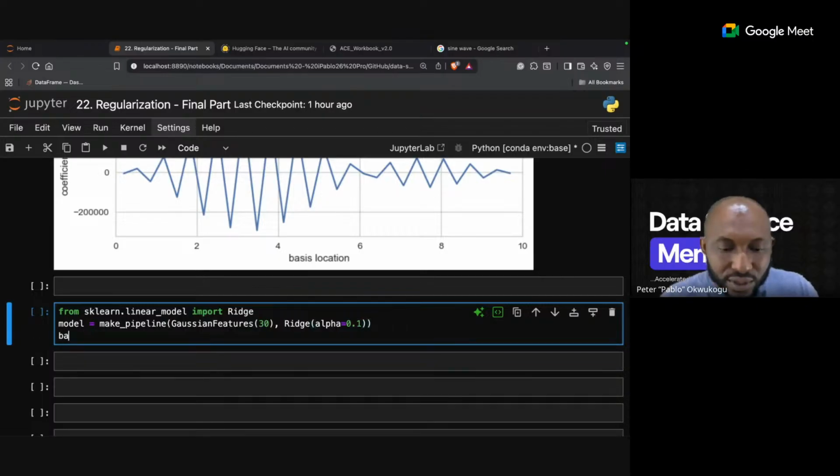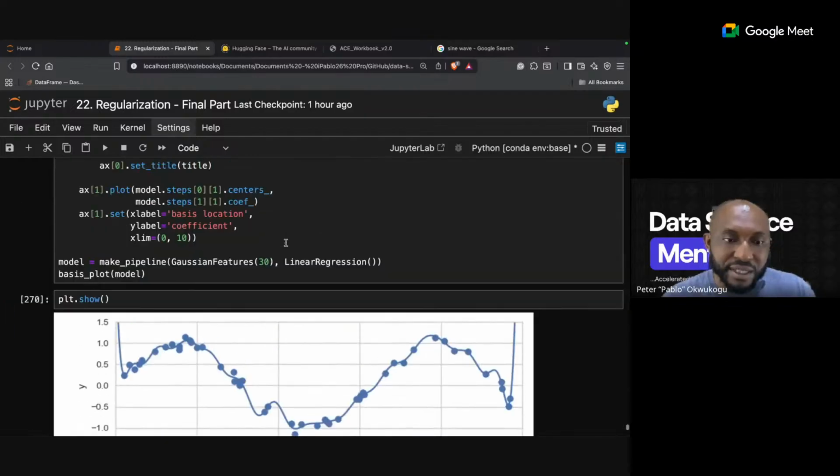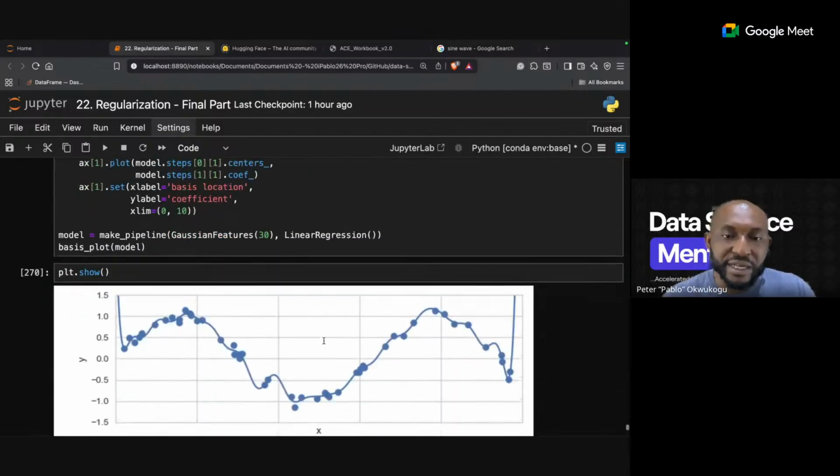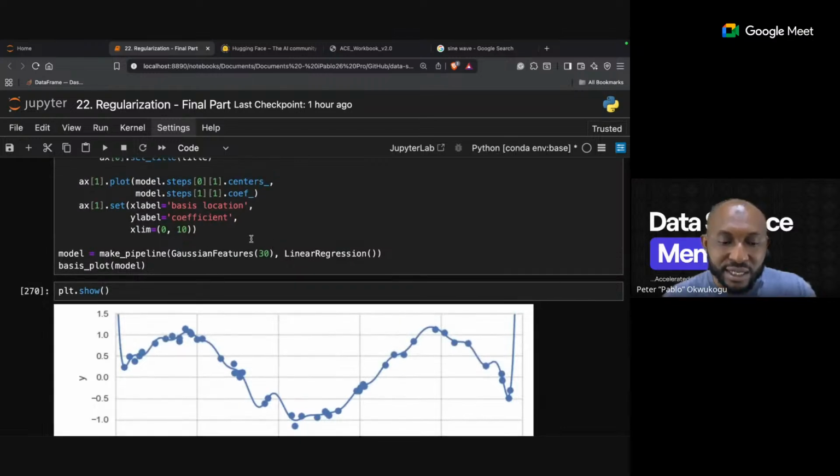I'll just say 0.1, and I'll cover this. Then I will call on the same basis plot I created. I'll call on this model. Now, this is a different model. Remember, this was the initial model we created with the linear regression, right? And with this one, we introduced this guy to understand the intricacies, the curves that happen in reality, right?